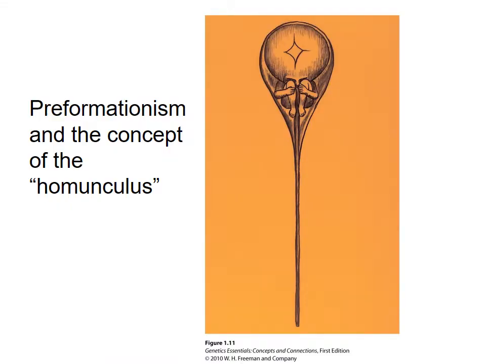and also you have this other wrong idea, the concept of preformationism, which this is a very famous drawing of a tiny little man. The homunculus is a tiny, perfectly formed man, or woman, I suppose, but it's always shown as a man, that's inside of a sperm. So in this drawing, it kind of indicates the importance they thought that the sperm had. The sperm carries, this was an idea, like I said, prior to